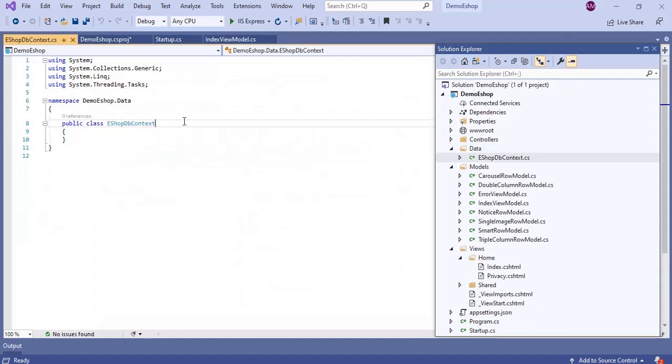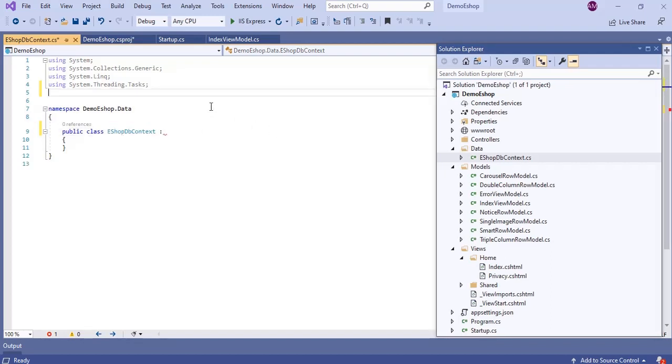We need to inherit this from DB context. It is not showing here because we have not included the Microsoft.Entity Framework Core. So we need to include the Microsoft.Entity Framework Core. Now we will try to inherit this.